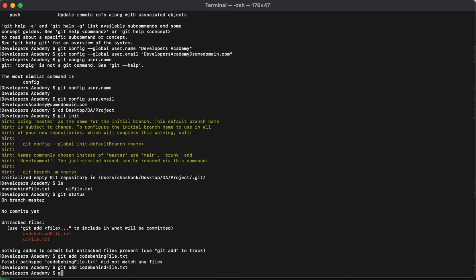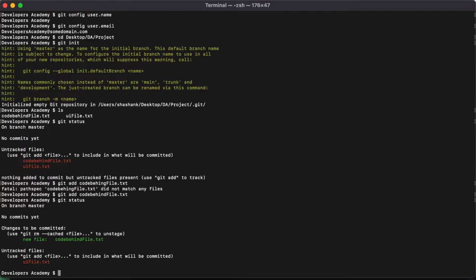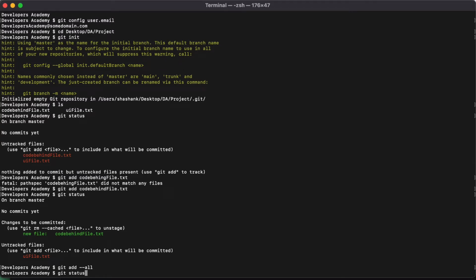Here it is. So now we will do git status, and you can see that one file is staged and one is still untracked, and we can now commit this one. It is showing changes to be committed. So let's stage all files first. So git add all. Now see the git status.